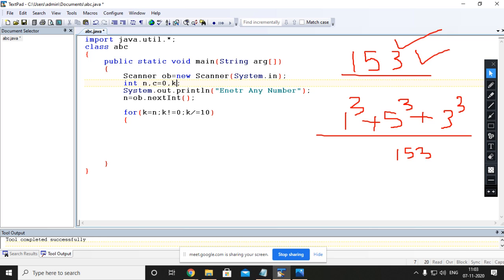And for the sum, we can do this. One more variable we can use. So now we are working on k. n is safe, the value of n we have stored in k. Then we put a simple condition, or you can say the loop: k is not equal to 0, and then k equals k divided by 10.